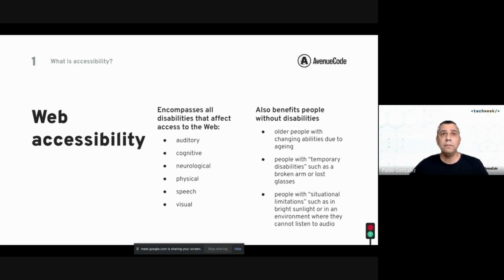Some people have several disabilities. So you have different tools, assistive technologies that people use, but it could be a combination of different assistive technologies or some tools,